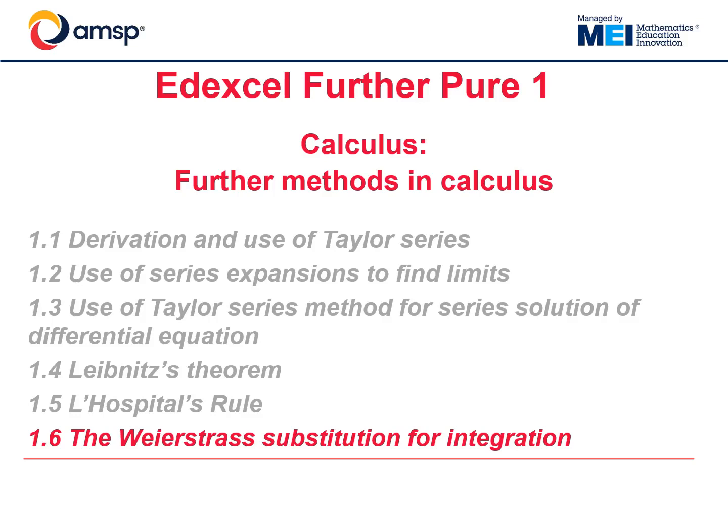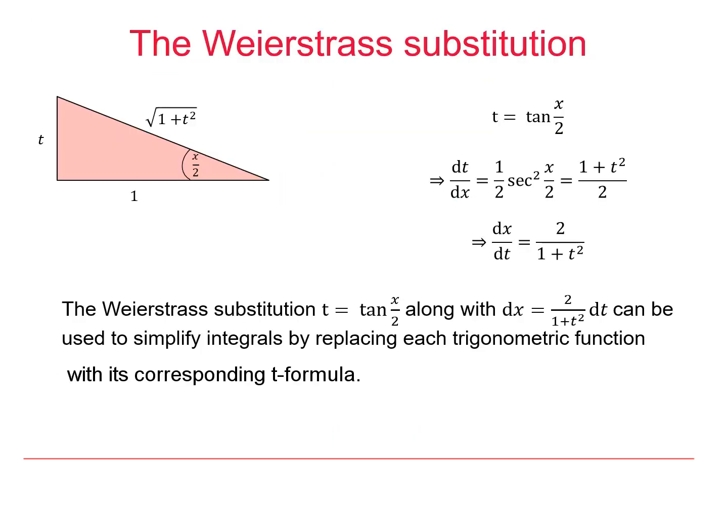This is Edexcel Further Pure 1, Calculus, Further Methods in Calculus, the Weierstrass substitution for integration. To be able to follow this, you're going to need to understand the t formulae. Without that, you're not going to be able to follow this video. The Weierstrass substitution is transforming from the variable x to the variable t using the substitution t equals tan x